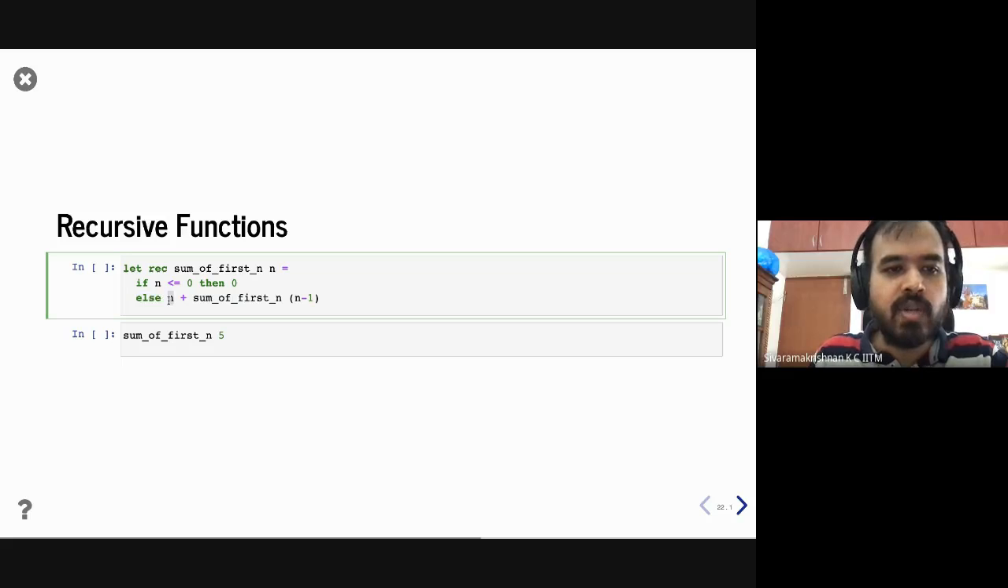Otherwise, you take that n, add it with the recursive invocation of the same function. Sum of first n recursively calls itself with n minus 1. So what this is going to do is...